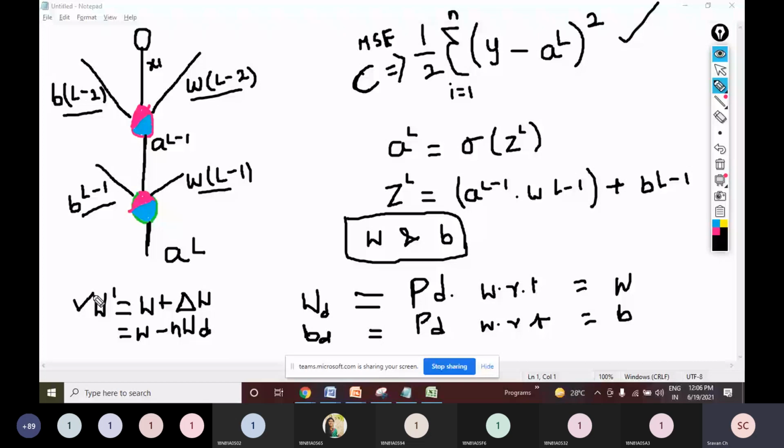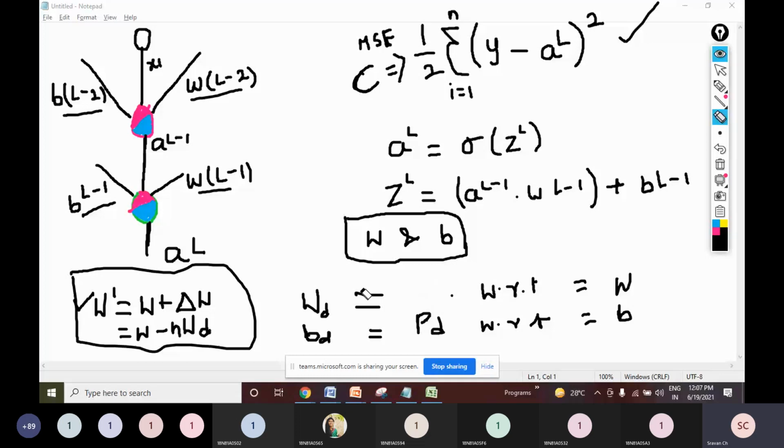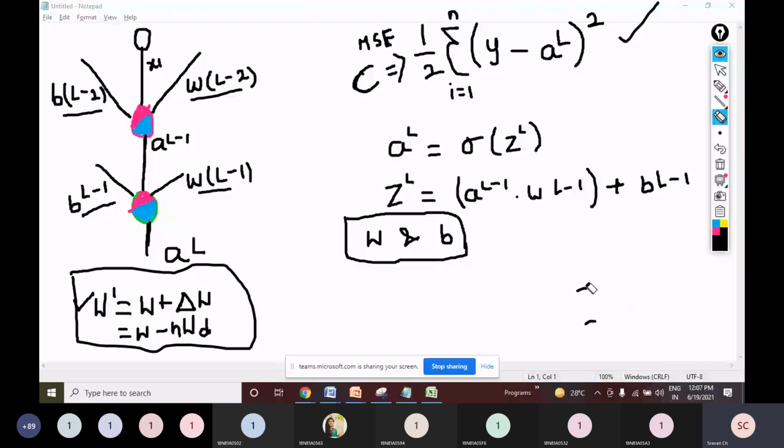But now the difficult part in back propagation is, I know that I need to find gradients for weights and bias. And when I get the gradient, I'll put it in this gradient rule: W dash, meaning new weight, equals weight plus delta W. This I know. But how do I find the gradients? That is the difficult thing. So now we will see how to find gradients with respect to W and with respect to B. This much depth you need to understand, friends.